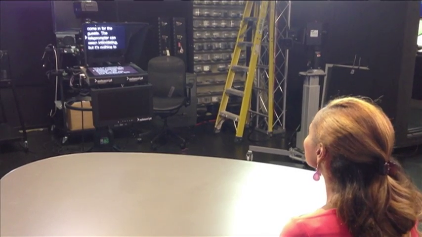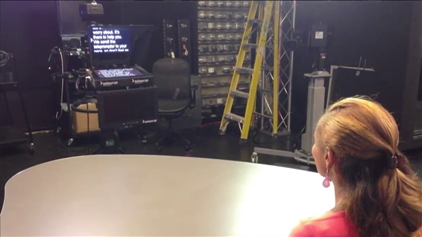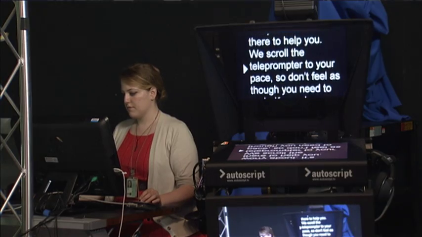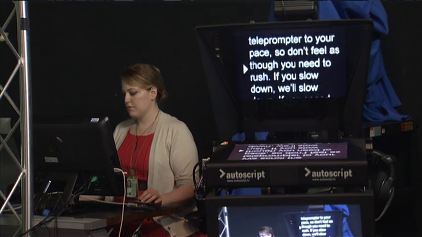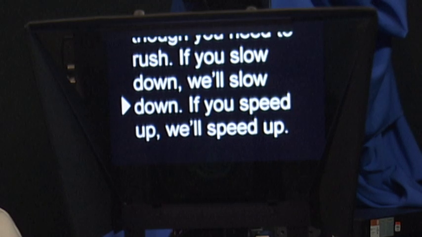Both side cameras have a teleprompter from which you'll be reading your introduction and the live questions that come in from the guests. The teleprompter can seem intimidating, but it's nothing to worry about. It's there to help you. We scroll the teleprompter to your pace, so don't feel as though you need to rush. If you slow down, we'll slow down. If you speed up, we'll speed up. Also, while you're moderating, the control room may give you or the guest notes in the teleprompter, such as,